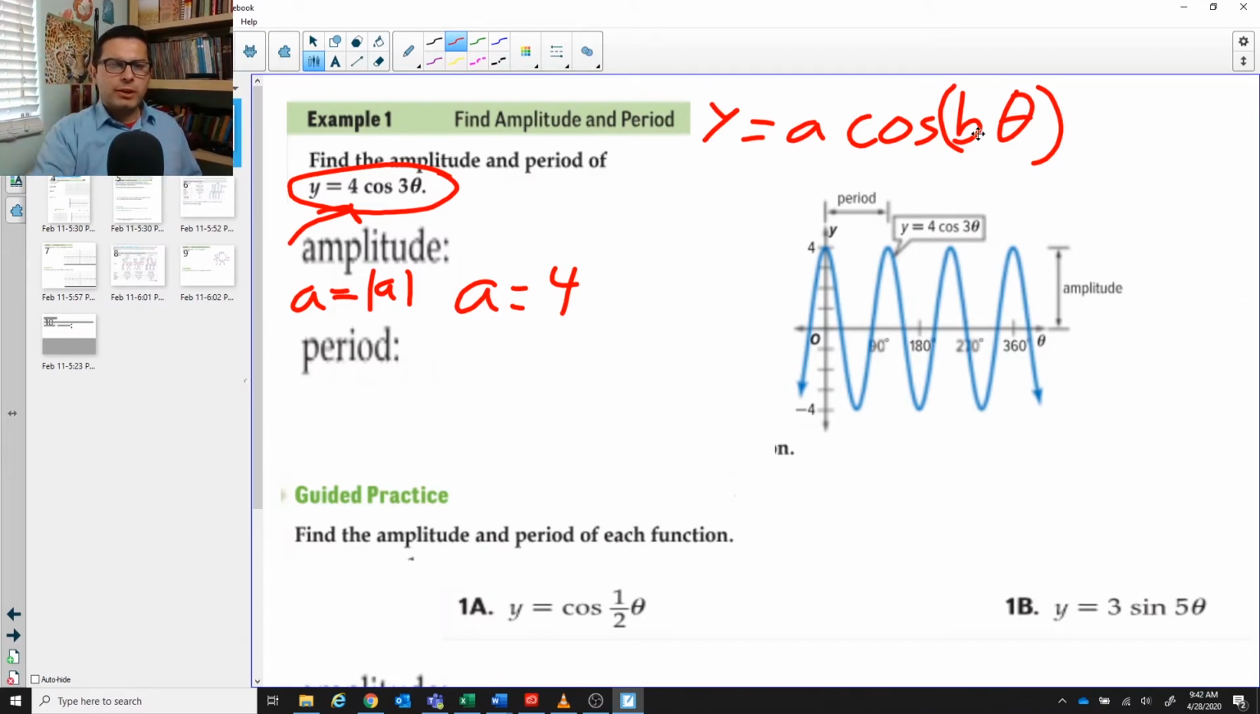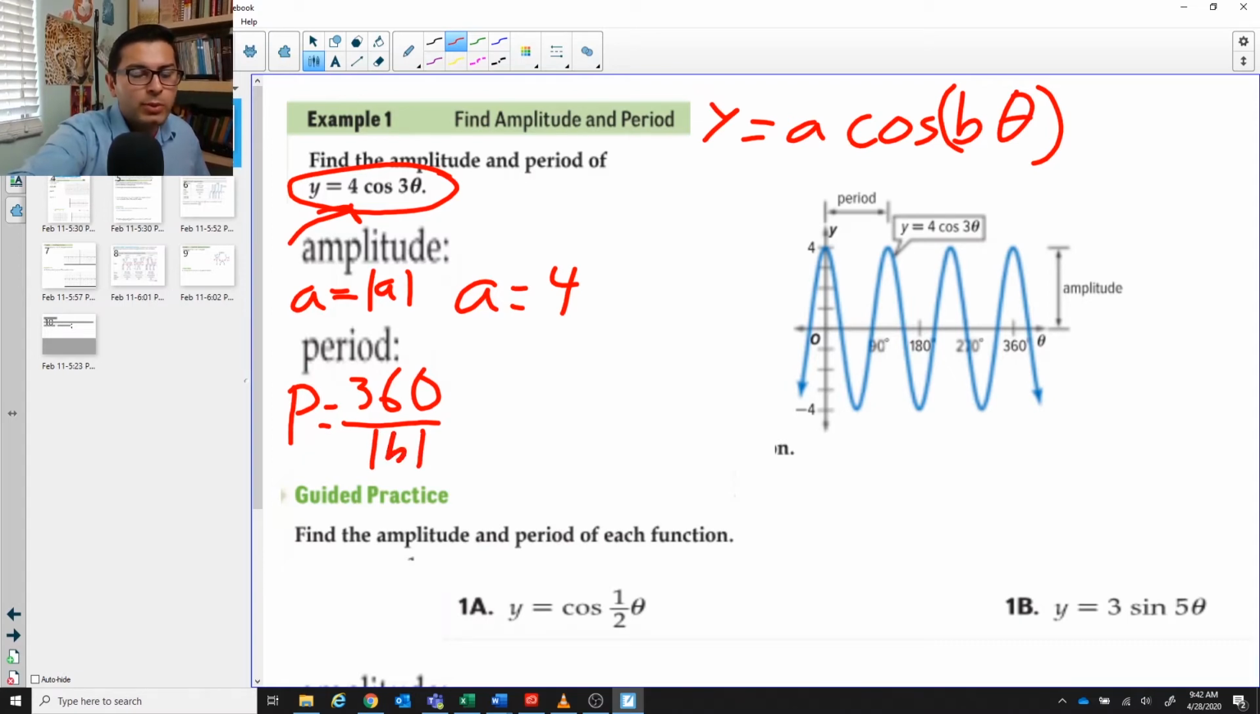Notice the b value is going to be in front of the theta. Our b value is 3. Now we have a really nice formula on the last page: our period is going to equal 360 or 2 pi divided by the absolute value of whatever our b is. So since our b is 3, we can say our period equals